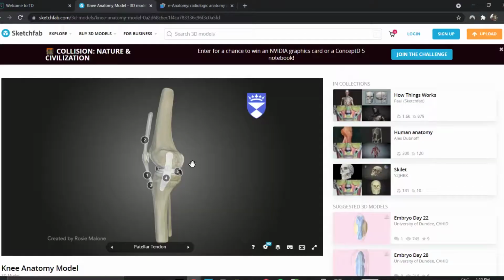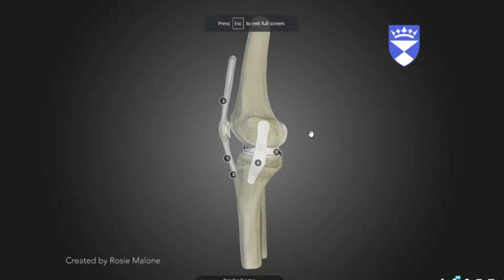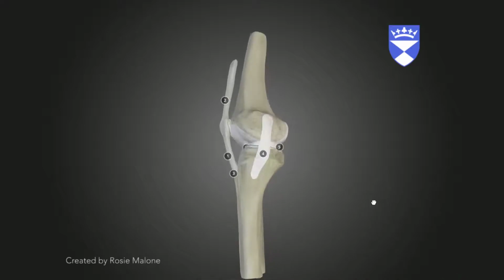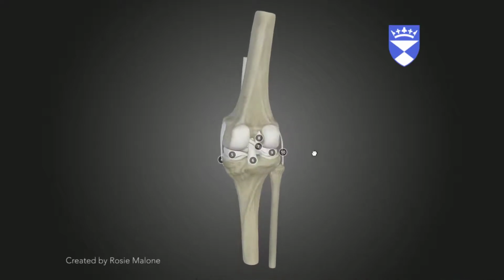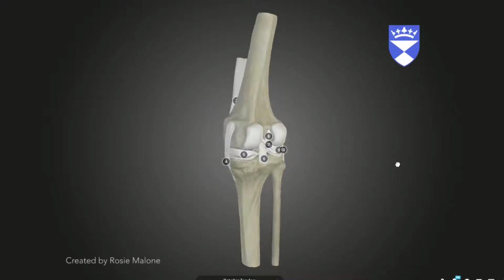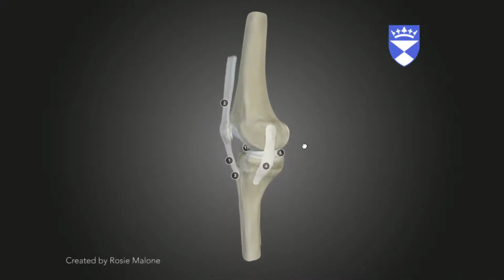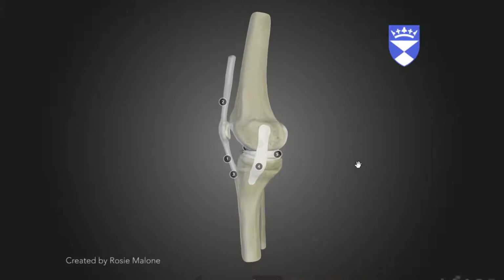So here, as you can see, this is the knee joint that you're looking at. This is the kneecap. This is the femur. This is the tibia. All right. And this is the back part of the knee, and this is the front of the knee. So you're going to go from front to back basically. You're going to cut this knee in sections like these. As you can try to correlate here,